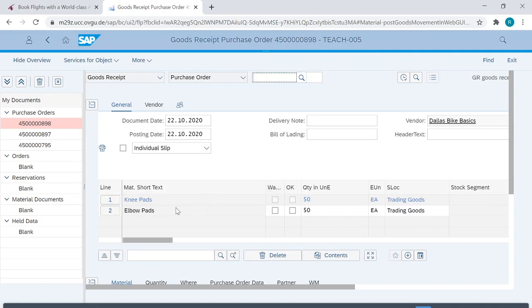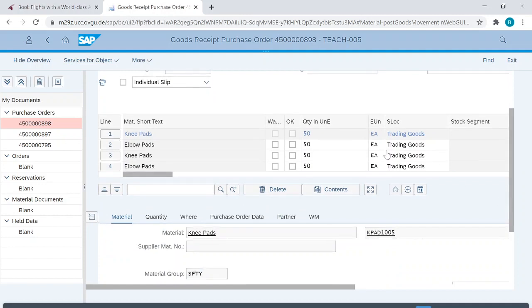Now one item is locked. You see that I'm not able to select it. So first I will have to enable the editing. For that I will go to the left pane and the pink thing that is 898, the PO number, and I will have to click that. Okay, I have double clicked on it. Now it is letting me add the inventory. So what I will do is simply select 50 units of keypads and 50 elbow pads, and